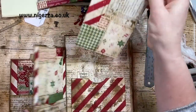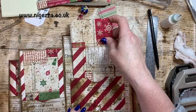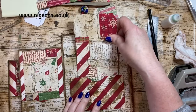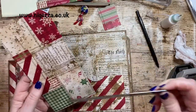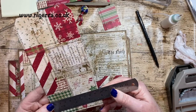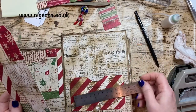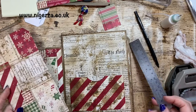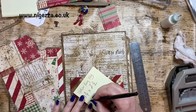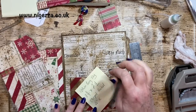Right, now then, this big one. I think I'd keep it that wide. So what width was this? It was about 3 7/8, wasn't it? Could probably go 4. Could go 4. So where's my Post-it pad gone? So stripe pocket. We'll go 4 inches by,